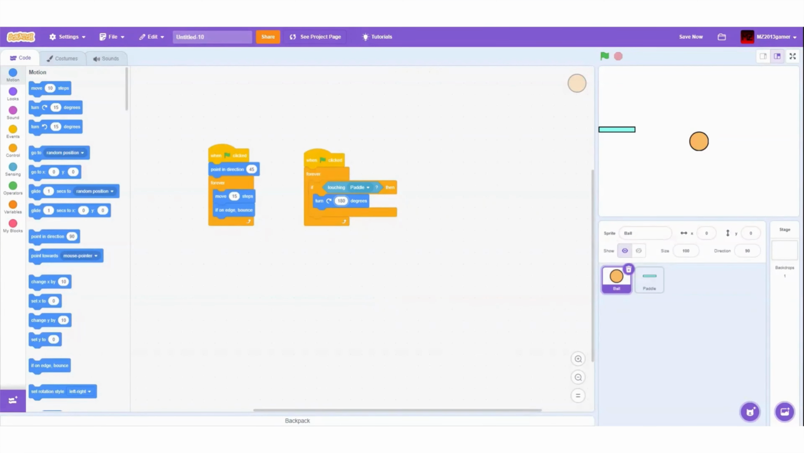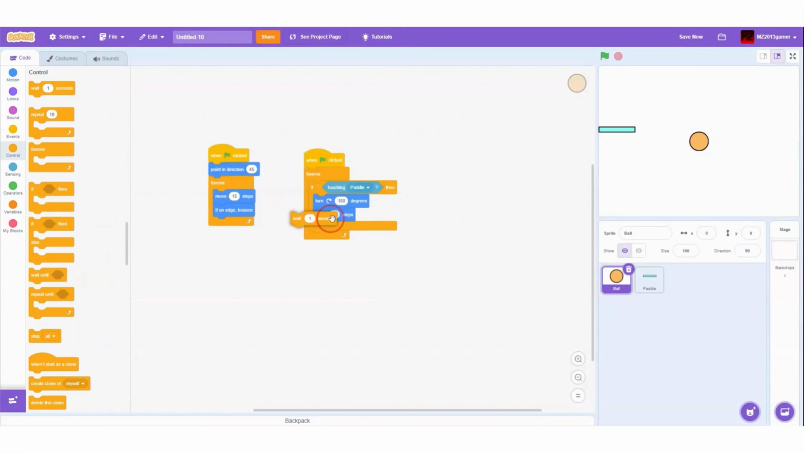Then move 15 steps. And then after 15 steps, I think a good one would be wait 0.5. 0.5 is going to be a good one. Then we're going to make